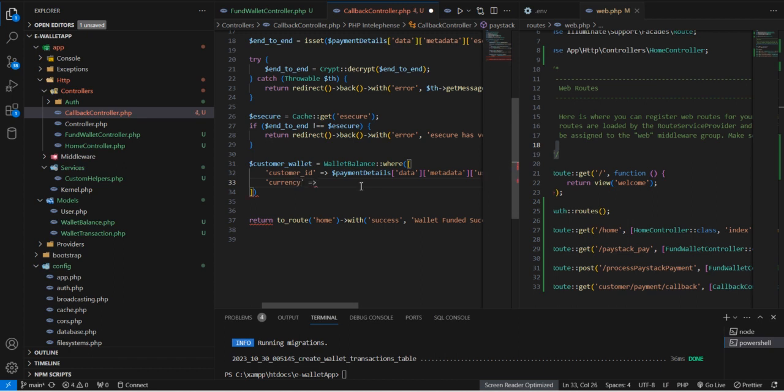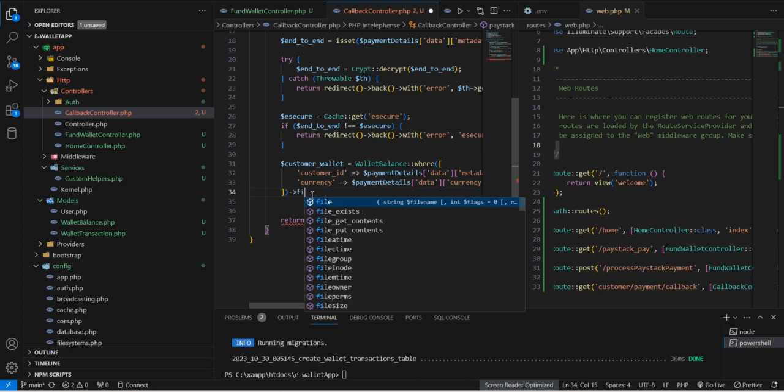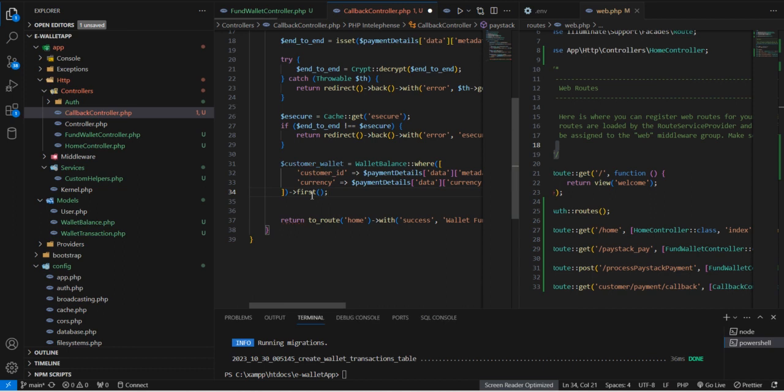Again, let's just copy this. Okay, and just say currency. Okay, currency. And yes, let's get the first, because hopefully there shouldn't be any other item like that. So you use the first expression. Yep. What happens if that user doesn't exist or doesn't have a wallet? So let's say if there's no customer wallet like that,